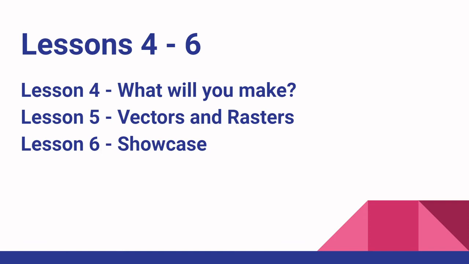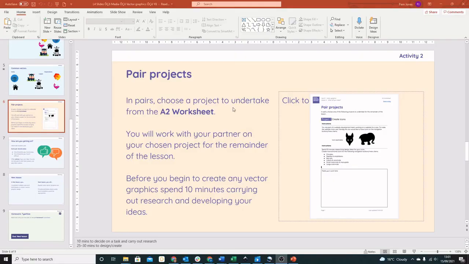The remainder of the lessons do come into a project, so they start to look at what they will make, the vectors, and then they showcase at the end. So this is the part of lesson 4, and it goes through what they're going to create, and it is a pair project. But as you can see, the worksheet that comes with it, so they are part of